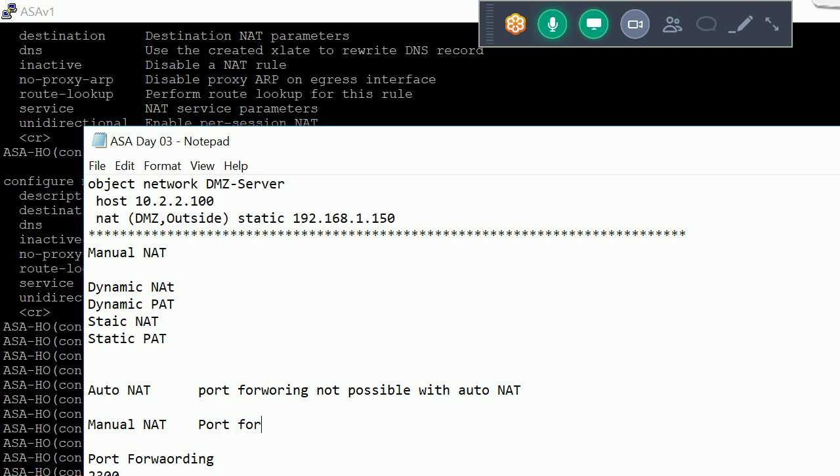Port forwarding is possible on manual NAT. We can say manual static NAT, same here, auto static NAT. That is the main difference between auto NAT and manual NAT. You remember this question because usually people ask this question in interviews a lot of the time.